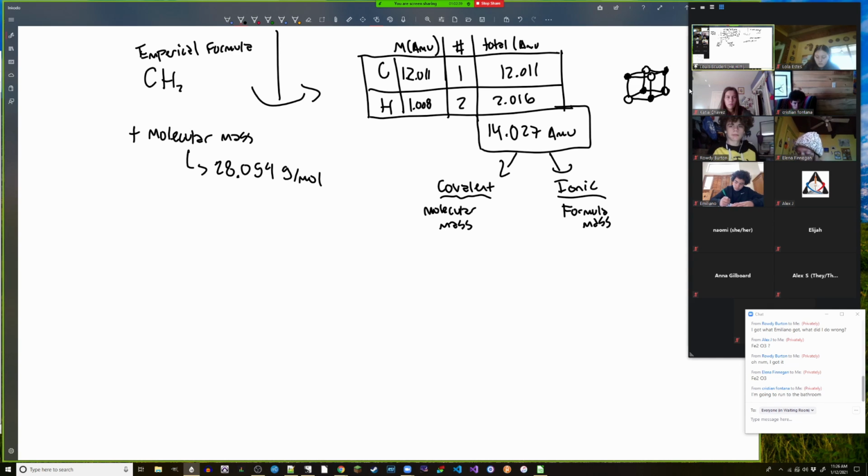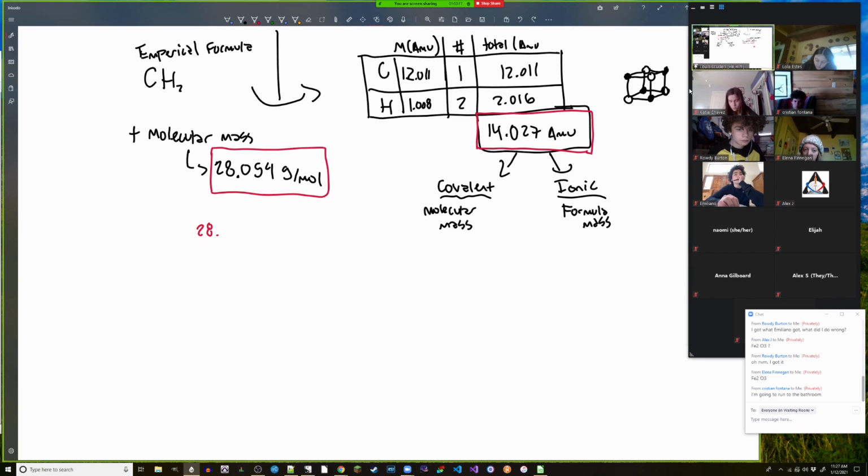To get to the real molecular formula from this empirical formula, we're going to need both of these numbers. I'm going to highlight them in red because it's important. This molecular mass, the actual molecular mass of the actual molecules, and this calculated mass from the empirical formula. We're going to need both of these, right? To get to the real formula, we're going to take this molecular mass, the actual molecular mass,